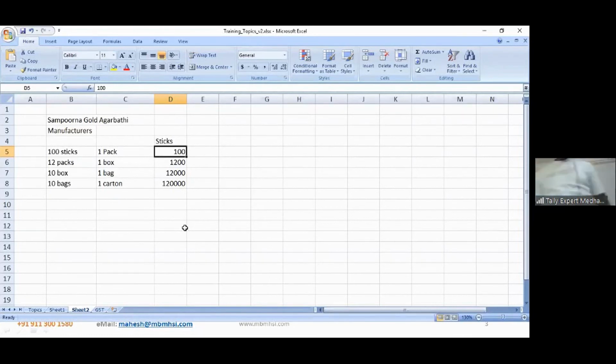We need to first create packs, bags, box, carton as your units of measure, then use compound unit of measures.